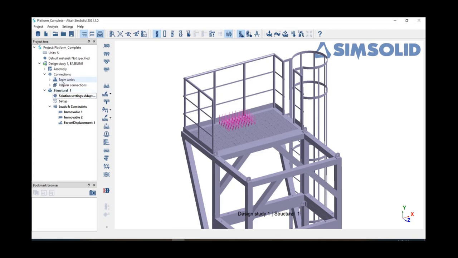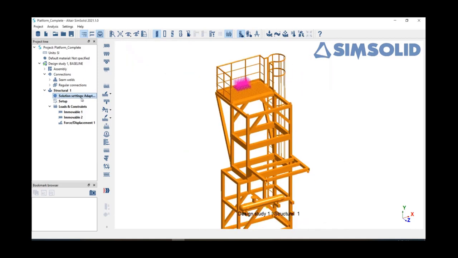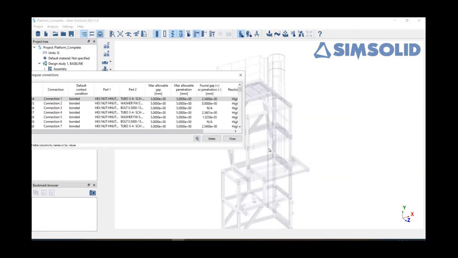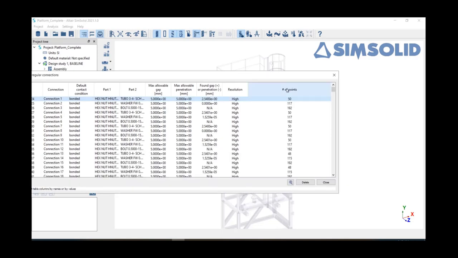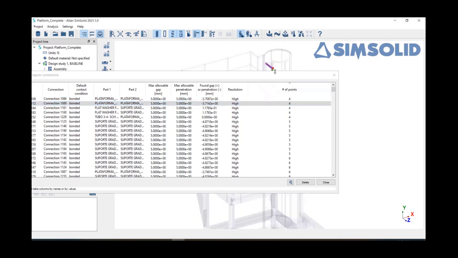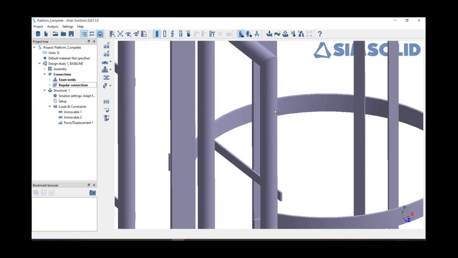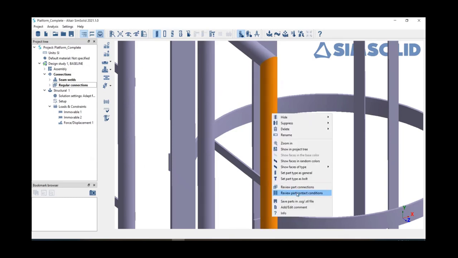Just for the sake of speed here, we are going to go ahead and run this just with the adapt for stiffness. One thing that I want to point out, if anybody goes and does this model on their own, some of these connections, before I showed that I like to come in here and check the locations or check the connections and see the resolution per part. So when we sort here, we do have some that only have, for instance, 4 points. In this particular case, when you go in here and actually review the part contact conditions,